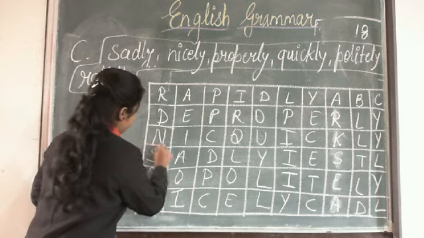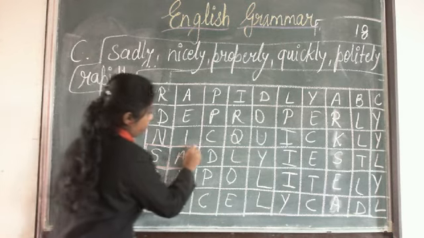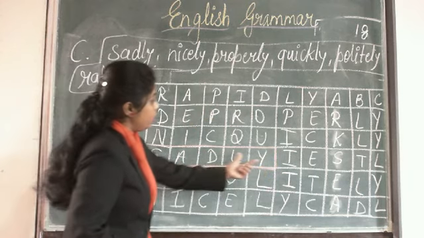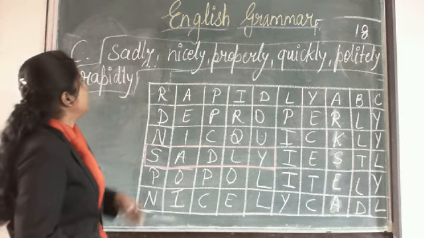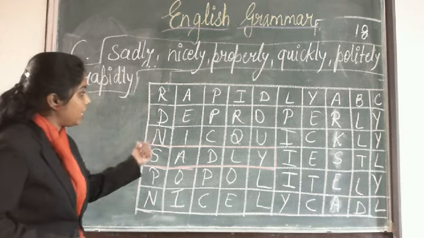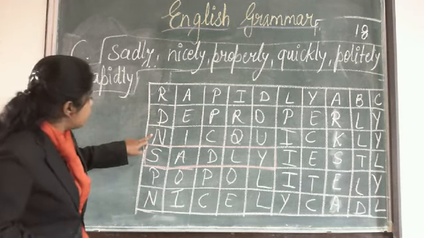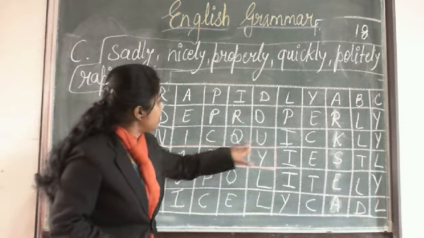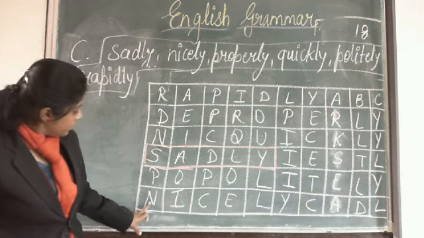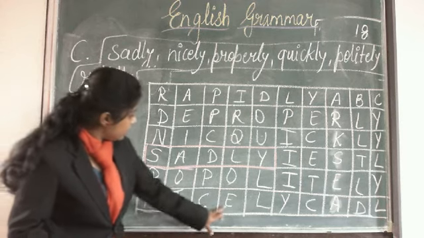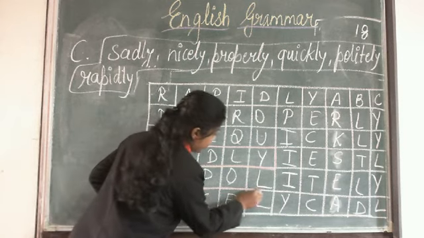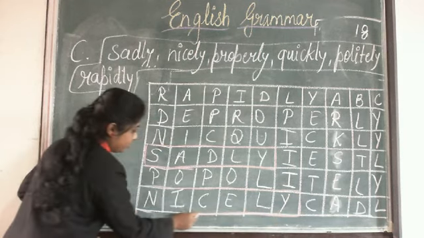Let me see if the color chalk. Please do it like this as I am doing. S-A-D-L-Y. Alright. Then the next spelling N-I-C-E-L-Y. Nicely. For that we should be having N in the beginning. So N is there. N-I-C. E-L-Y is not there, so the spelling is not here. Then let's find another, and here is one N. N-I-C-E-L-Y. Okay, we got another one. So nicely the spelling is here. N-I-C-E-L-Y. Nicely. Okay.